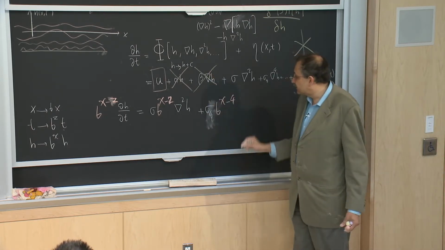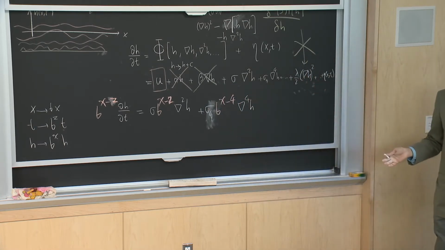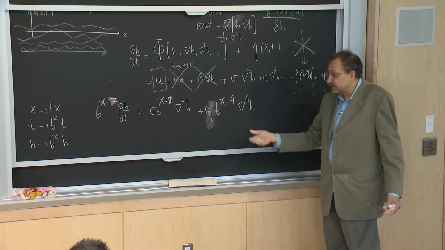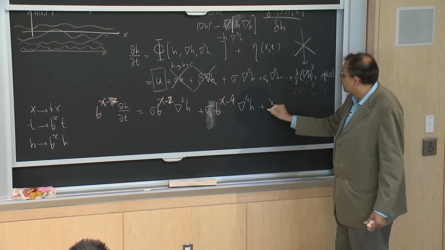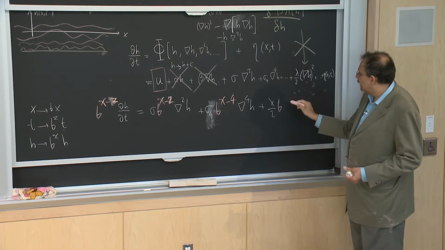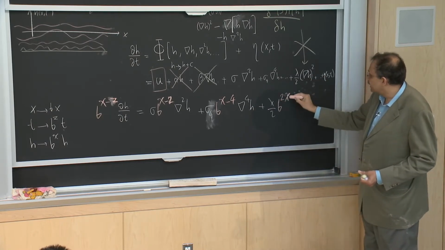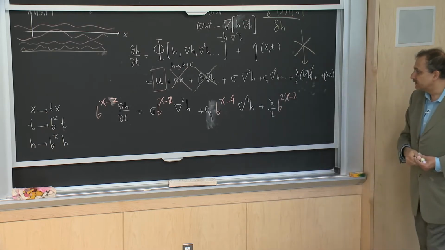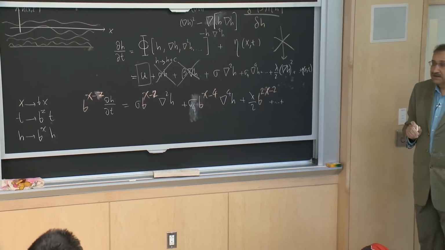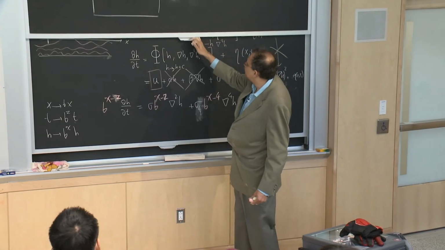The same reason that when we were doing the Landau-Ginzburg, we could terminate the series at order of gradient squared is that higher order derivatives were irrelevant. They were scaling to 0. But this term goes like b to the 2 chi, because it's h squared, minus 2, because there are two gradients. Now, thinking about the scaling of eta takes a little bit of thought, because what we have, we said